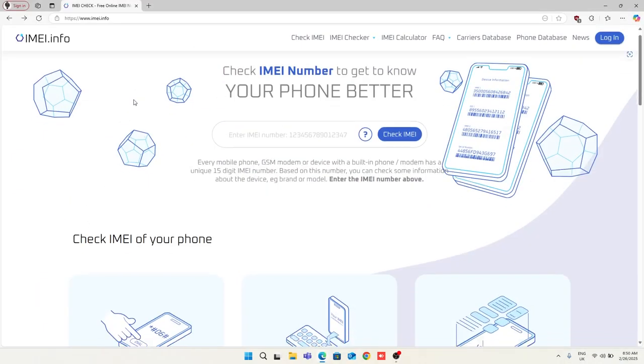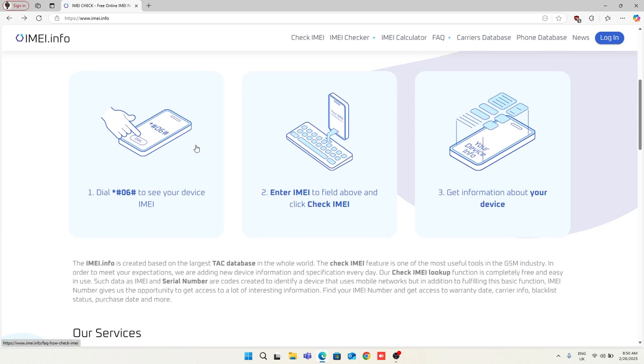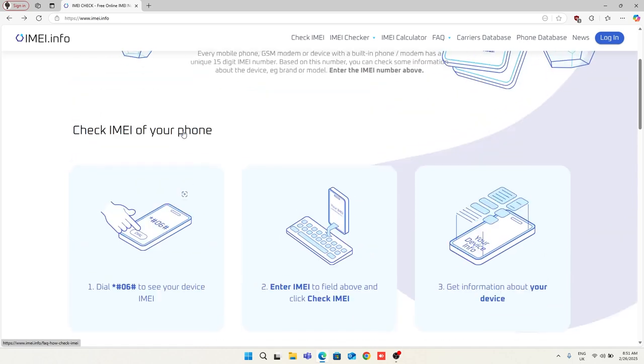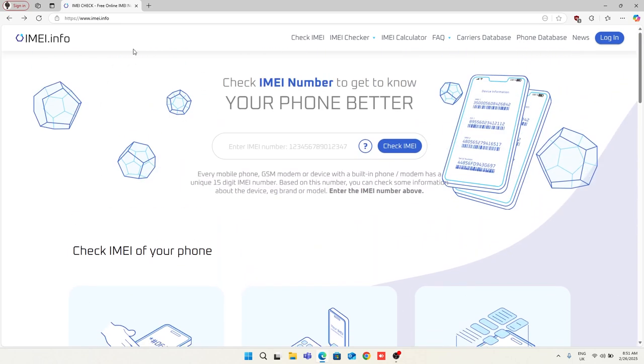So all you have to do to get your IMEI number is to just go to your phone app and dial this blue bold text number right here. You just have to type it in and dial it on your phone, and then enter the IMEI.info website